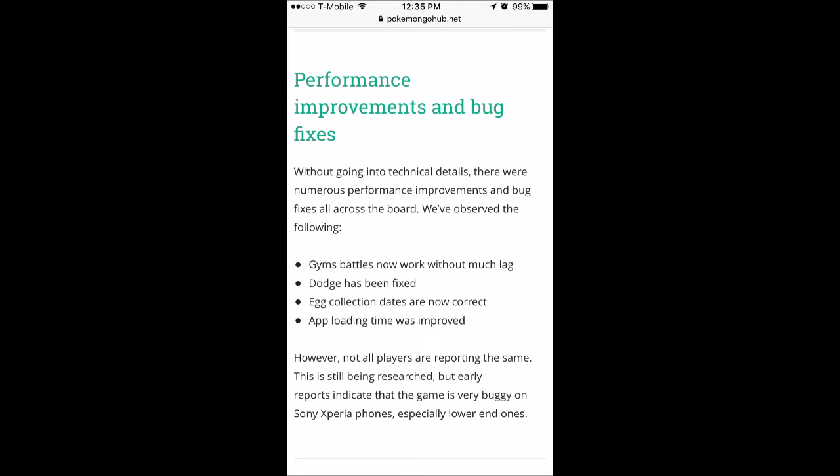Performance improvements and bug fixes. Without going into